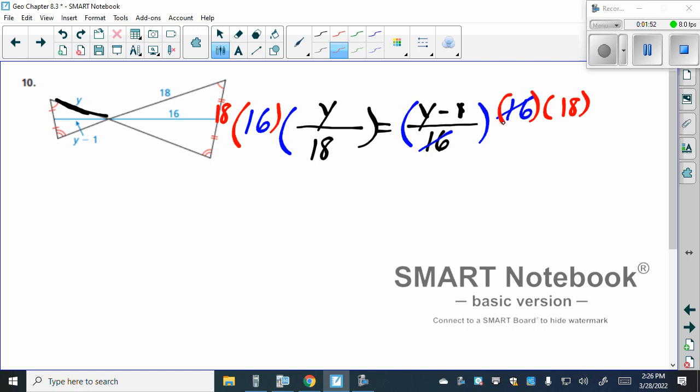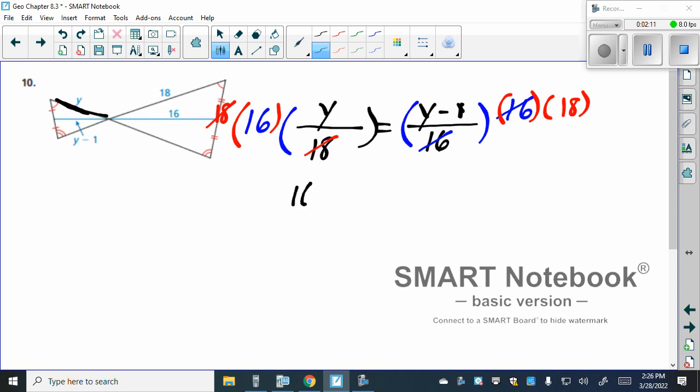Now we have 16 times 18 times y over 18, but the 18 and 18 will cancel out. In a lot of classes, you probably cover this as cross multiplication,